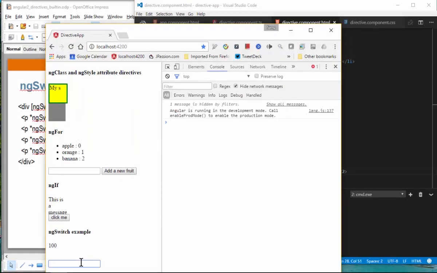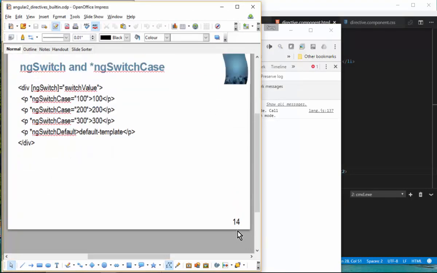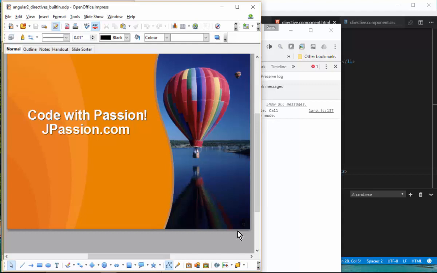So here it is, input value. If I say 200, you can see it's being reflected, right? 200. And if I say 300, then it gets reflected. If I enter another, incorrect value, then the default value is displayed. Okay, so that's ngSwitch with ngSwitchCase. All right, so that is the end of the presentation. Right now we have about 13 minutes, so I'm going to let you guys finish with the ngSwitch as well as ngIf. Okay, all right, so let me just